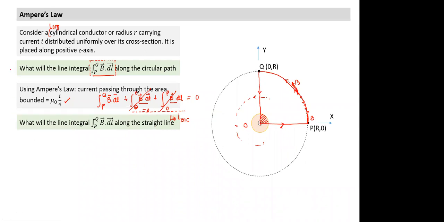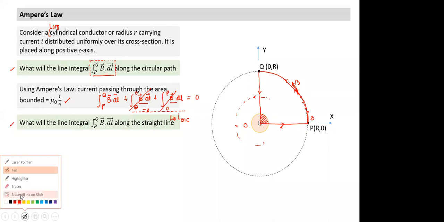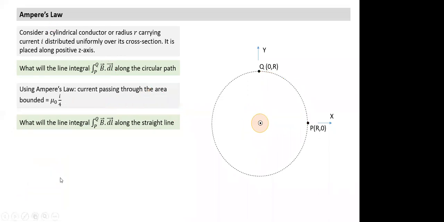Is this question and this question the same, or are they different? Karthikeya, are these two questions the same or different? And if they are different, what is the difference between the two? Earlier we had done this part, along the circular path from P to Q. This is along the straight line. So now this is the path. The path is something like this. Along this path, what will be the value of B dot dl?